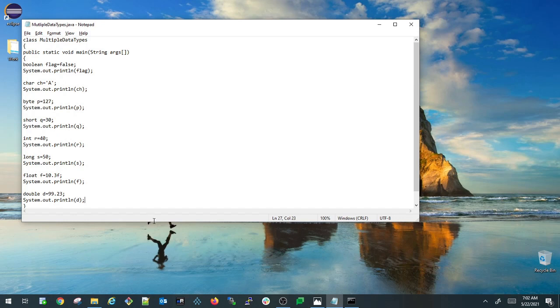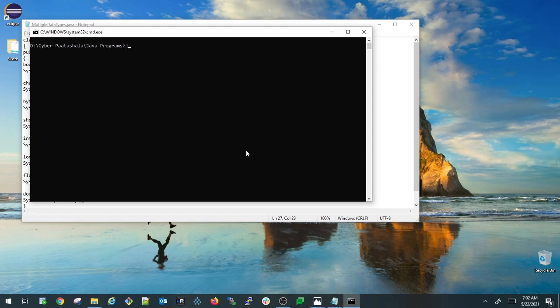Let us save this program again, compile and run it. javac multiple data types dot java. My program got compiled successfully, and let us run this again. It printed both f and d, 10.3 and 99.23.